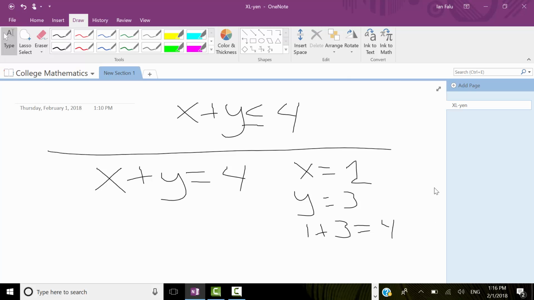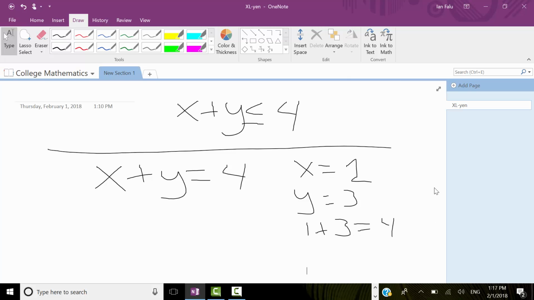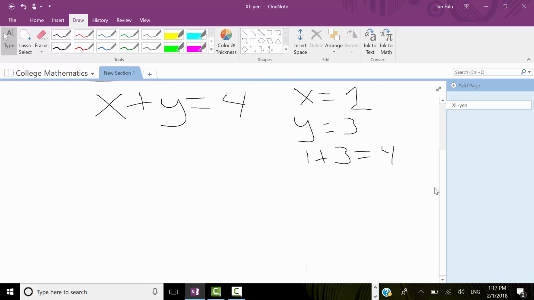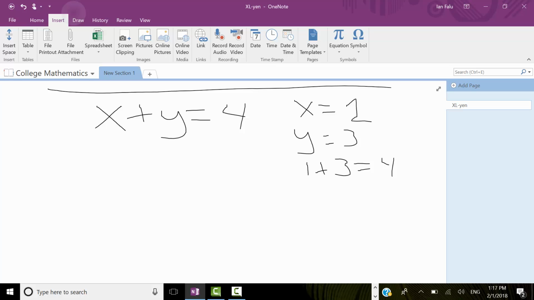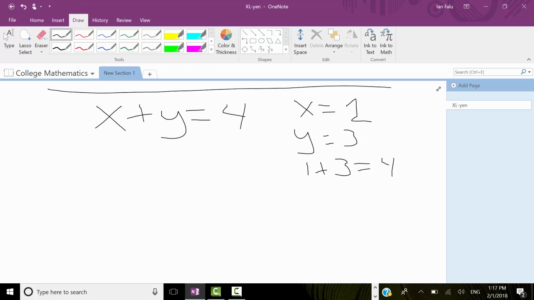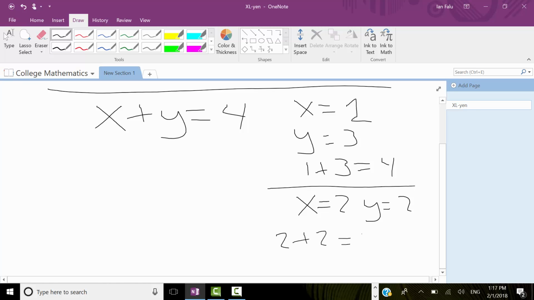Another combination will be having x equal to 2 and y also equal to 2. So 2 plus 2 is 4, right? It seems kind of simple, right? But what this means is that if I represent this using a graph,